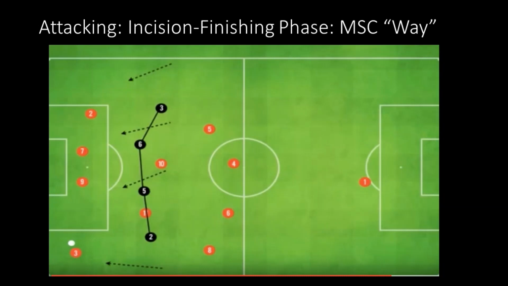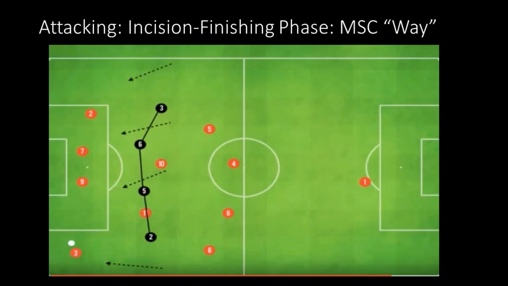So as you see where you see number 3 with the ball trying to get to the end line. Okay, no more field left to be offsides. Looking to serve the ball, and as you see, you got some runners coming in between the number 2, the number 7, also the number 9 are running in. So we would encourage that number 3 to serve a ball in, maybe around waist level, even on the ground. Right, so they can look to try to finish.